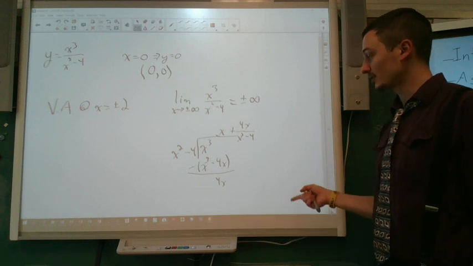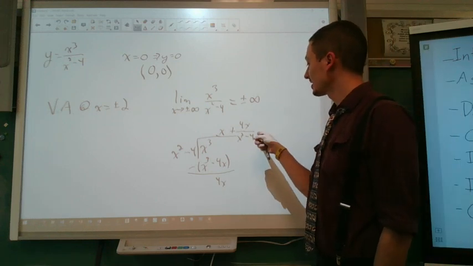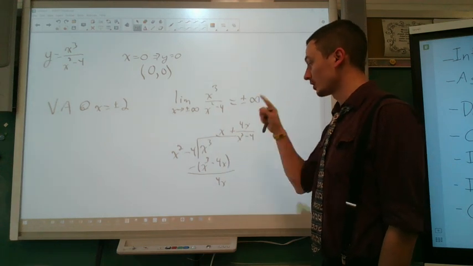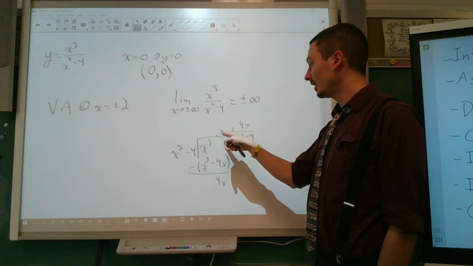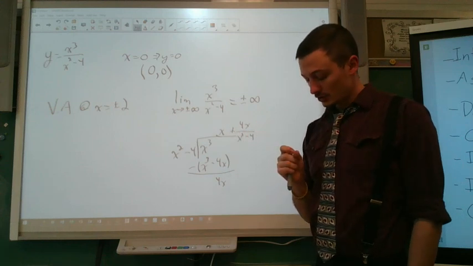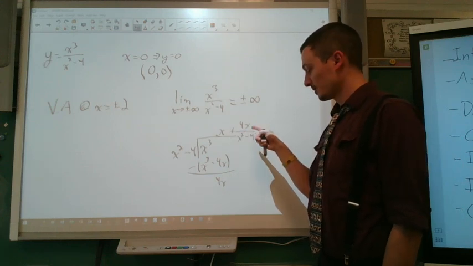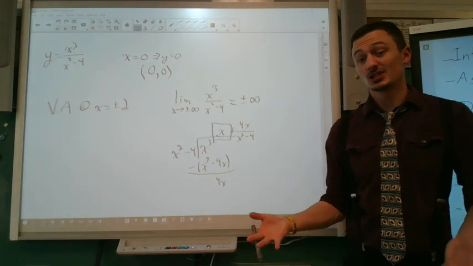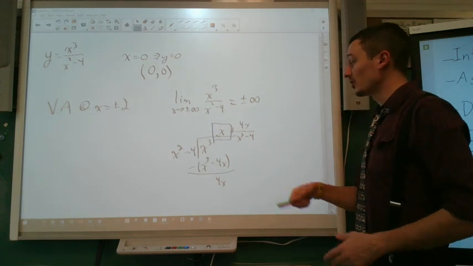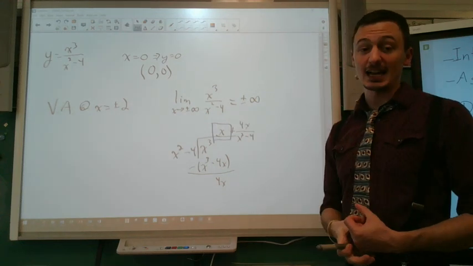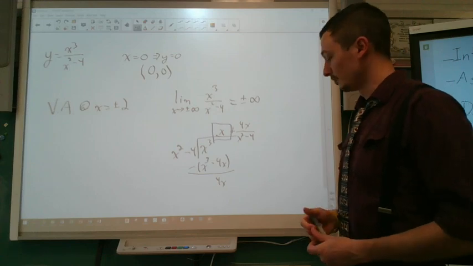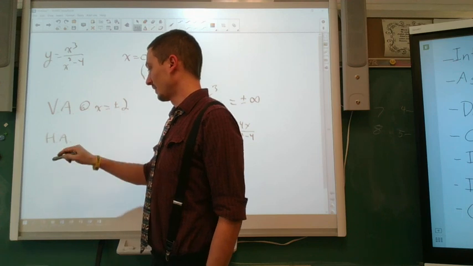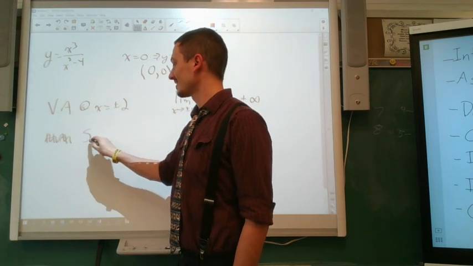Now, the reason we take the limit like this is that if we were to take the limit of this new function, we would get infinity plus 0. So the whole infinity plus 0 is what tells us that this function, and in this case it just happens to be just x, is our slant asymptote or skew asymptote. So there's actually no horizontal asymptote in this one. It's not there. It's a slant asymptote